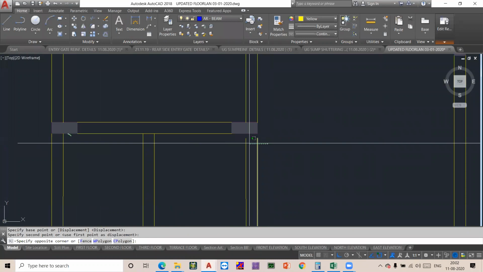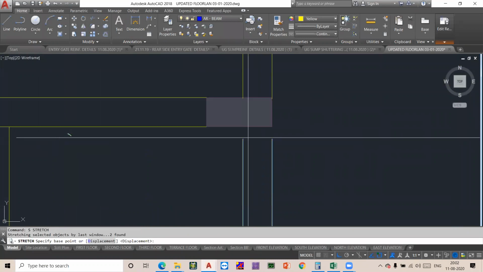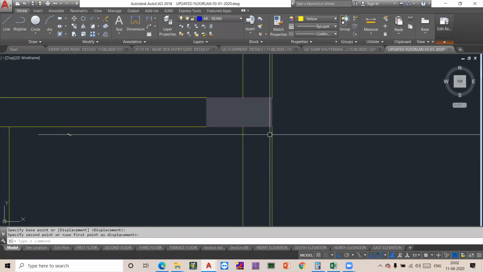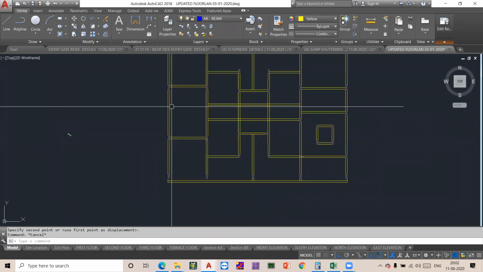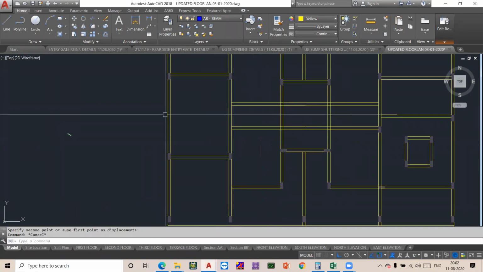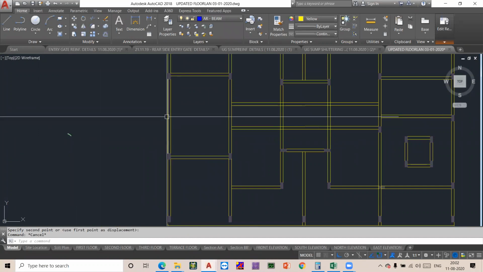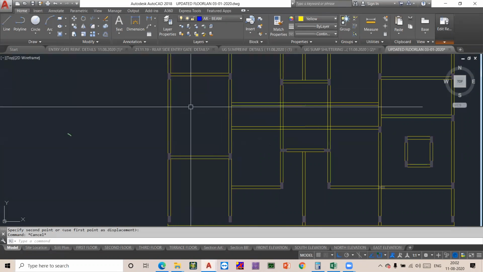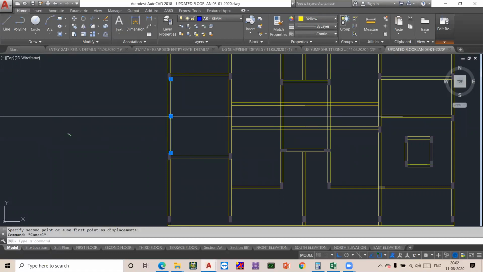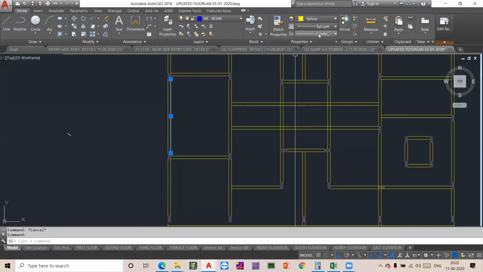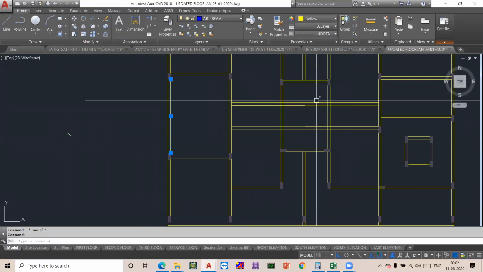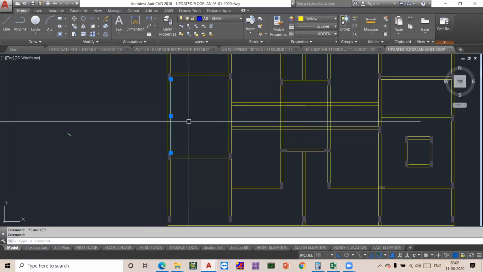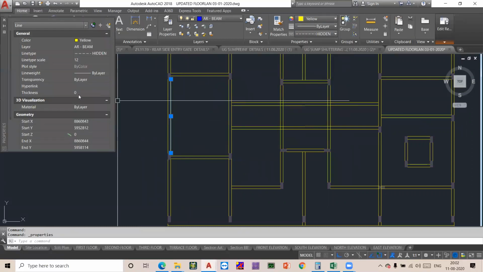See guys, we are having different representations for the beam lines. See, the beam line at the edge, if you can notice, is visible. Whereas the beam inside, that is flushing with your slab, will be hidden inside your slab, and hence this will have to be a hidden line. Okay, that needs to be represented.